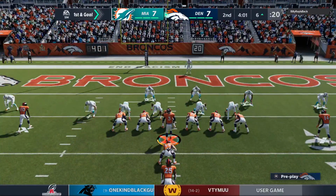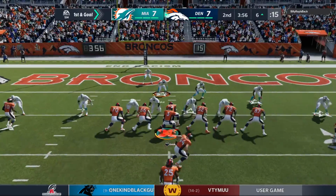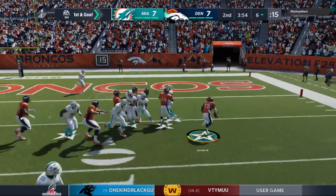Containing him is becoming a big problem. We've already seen this once earlier in this drive. Yeah, and so now 2 times this has happened. Do you adjust something? Yeah, I think you do. I think you got to start thinking about...